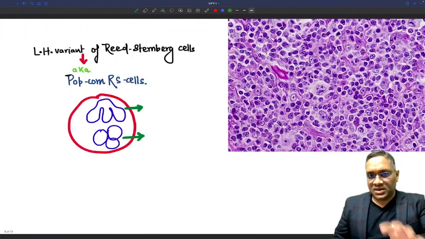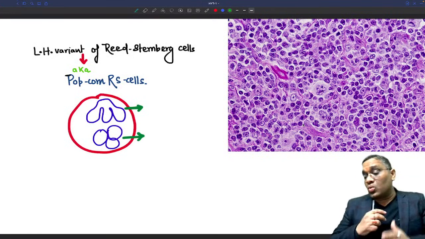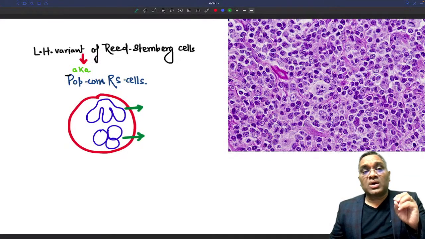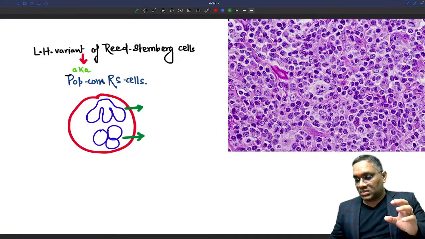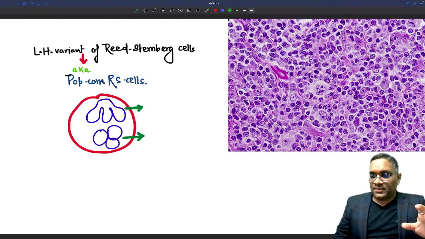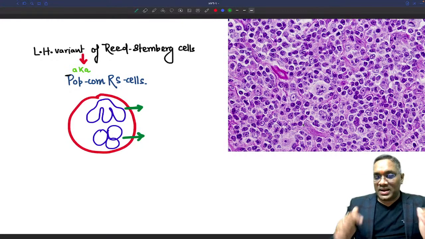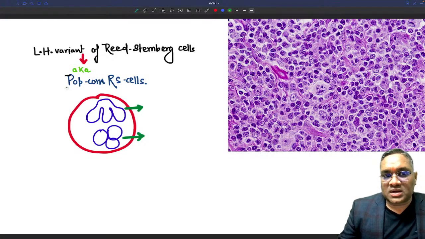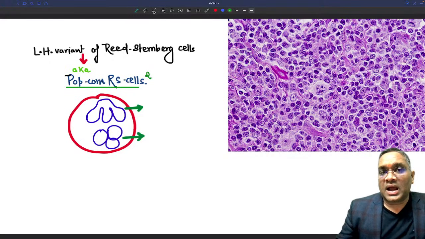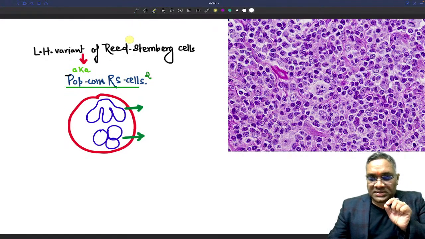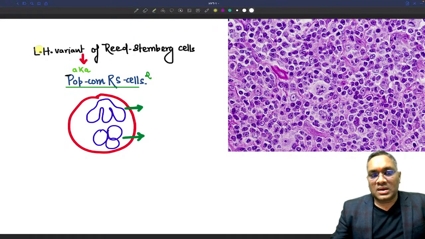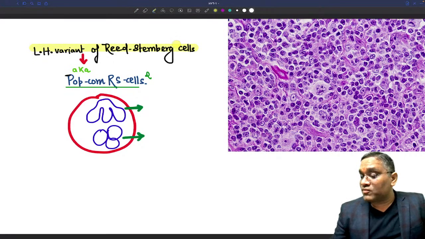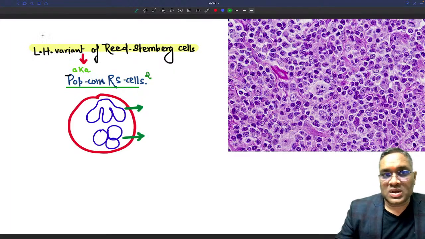Because it is a thing which you did not say, how to identify Reed-Sternberg cell when you have to see the popcorn Reed-Sternberg cell. Classical you can identify, this is non-classical, right? To identify popcorn Reed-Sternberg cell, please remember, NEET PG exam asked a question in 2019, what is the name of Reed-Sternberg cell in the lymphocyte predominant Hodgkin's lymphoma? Right now I am talking about nodular